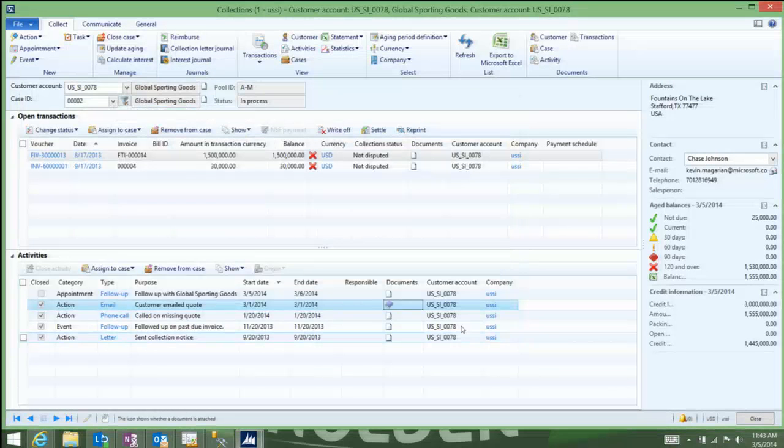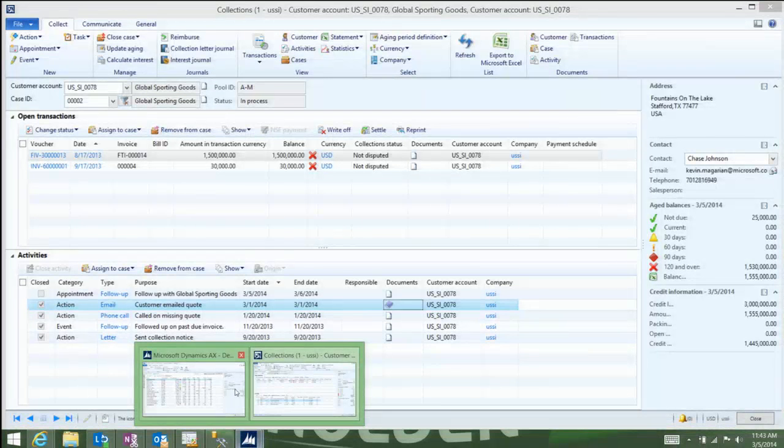So we'll go ahead and close that up. So now that we know that the customer indeed should have been charged that $1.2 million, we need to go and fix that for them. So what we're going to do is we're going to go back to our invoice.